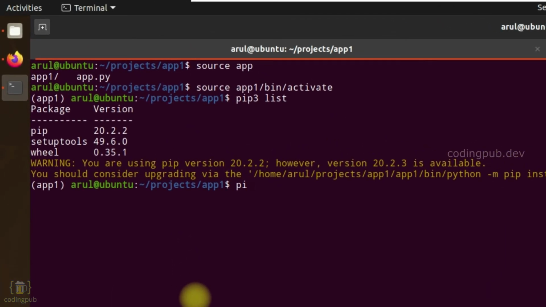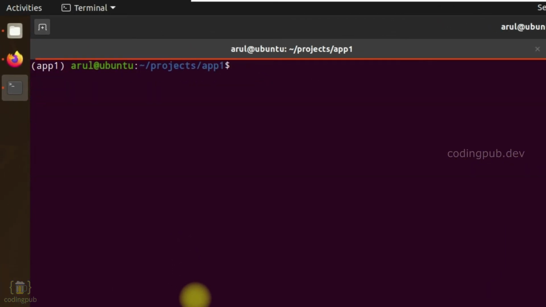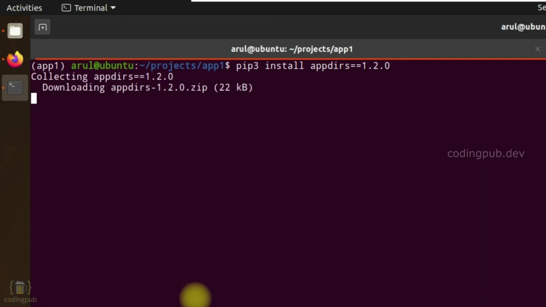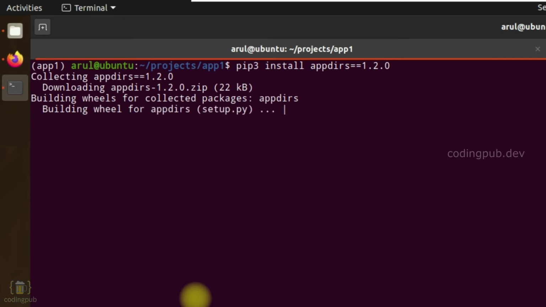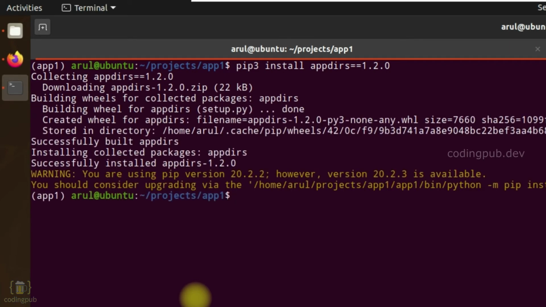So I'm typing the command pip3 install appdirs double equals 1.2.0. The package is being downloaded and installed in our system. The package is successfully installed.